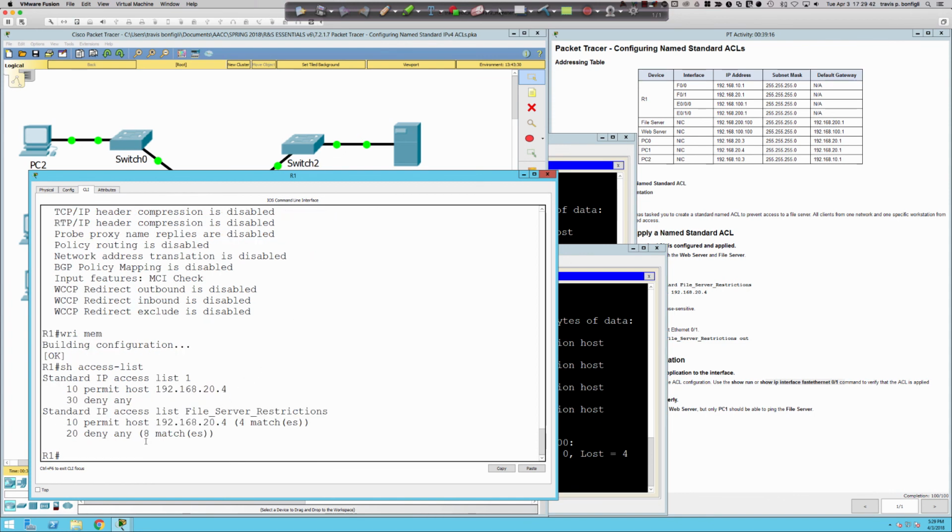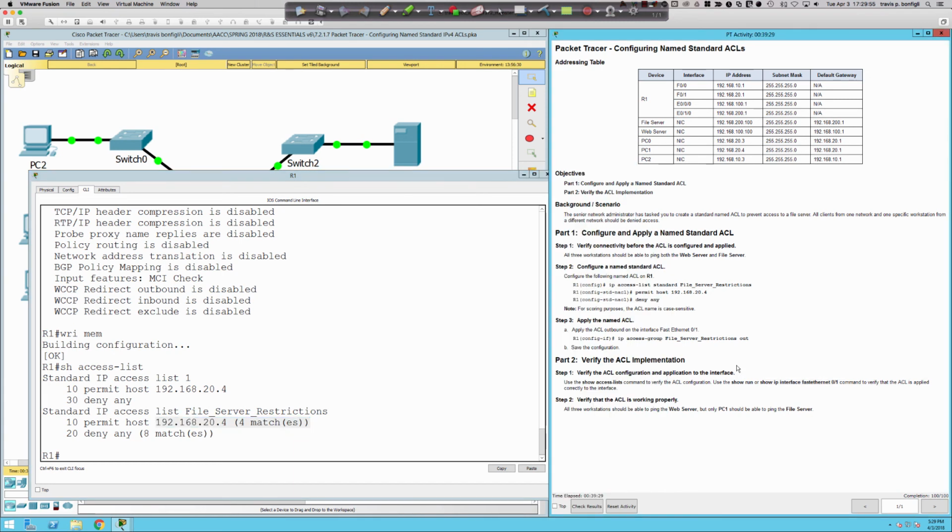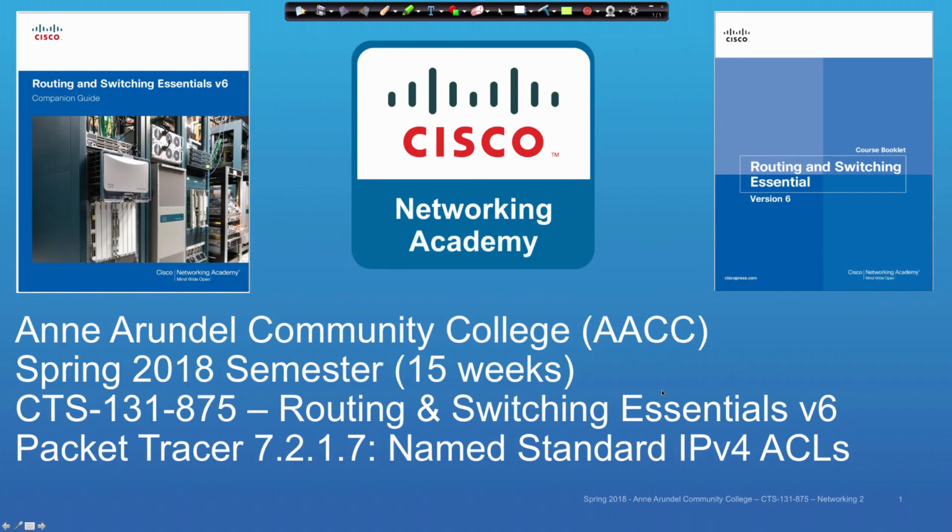Right, so let's take one last look here at the ACL. And you can even see we've got our 8 denies, right, from PC0 and PC2, 4 ping packets each. And then the permits, we've got our 4 matches, right, that came in from that host right there. All right, well, that is going to wrap up the Packet Tracer activity